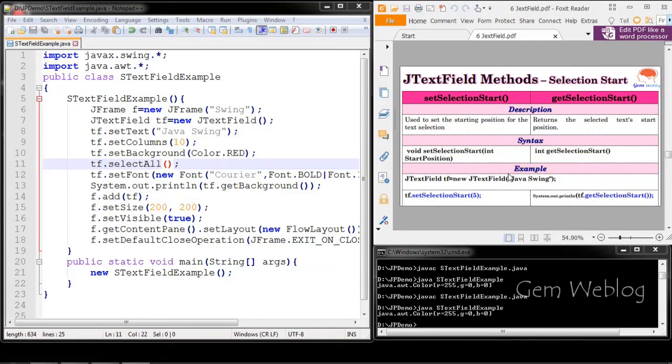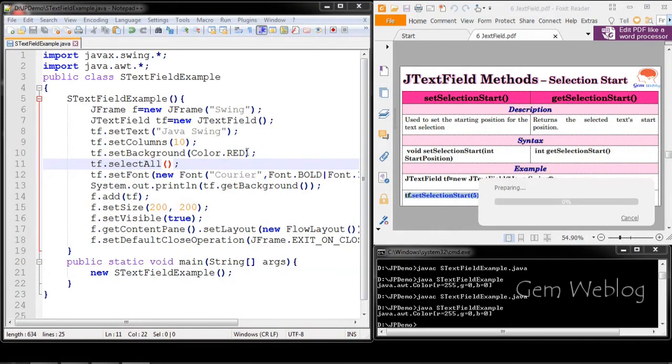Next we will discuss the selection start method. setSelectionStart is used to set the starting position for the text selection, whereas getSelectionStart returns whatever value has been set. This is the syntax of these two methods. Now we are going to set the selection start at the 5th position.